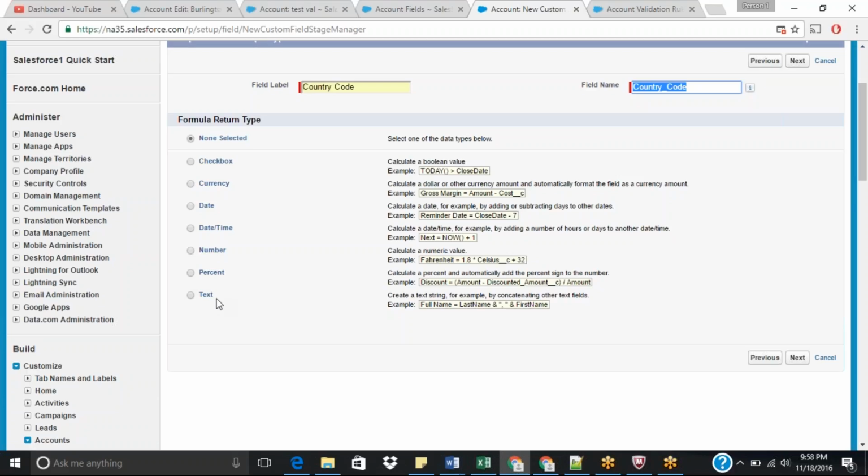So there is text also. You need to determine what is the result of your formula field, and based on that you need to take. So +91 has some special characters, so I should not take number, that should be text, because it has a plus, which is a special character. That is why we need to take text, right? So go next,